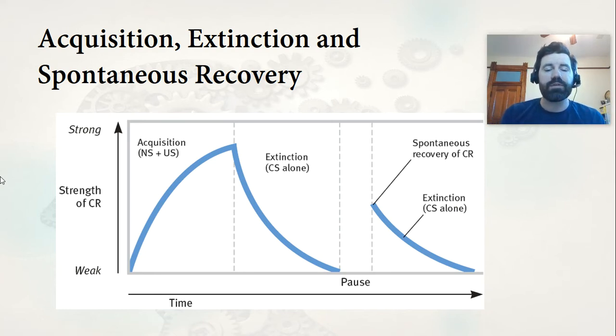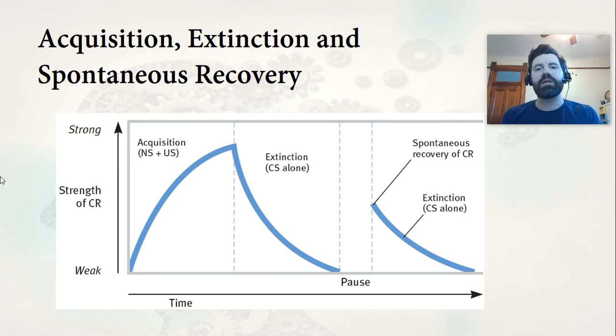You'll notice that along the bottom with our x-axis, this is time passing. And then the y-axis, that's the strength of our conditioned response. And in the case of Pavlov, the conditioned response is salivating to the sound of the bell. Well, at the very beginning of this experiment, if you just ring a bell, there's not going to be some dog salivating over the sound of the bell.